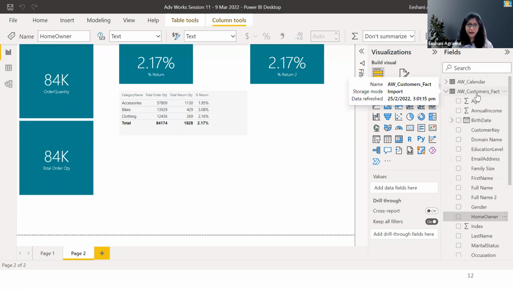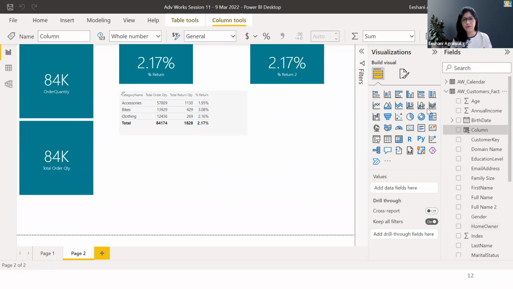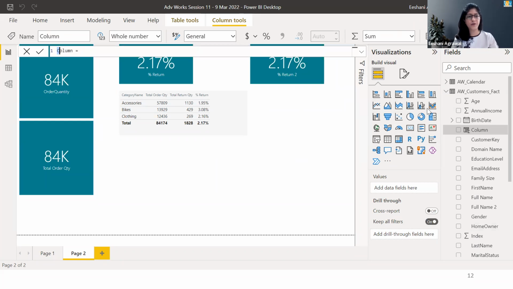So is it a calculated column or a measure I should create? The question is that if it's a female homeowner, I want a true, otherwise false. Calculated column. Absolutely correct. It's a column we are creating. So how do we create? Right click, calculated column. And if I just want a yes or no kind of